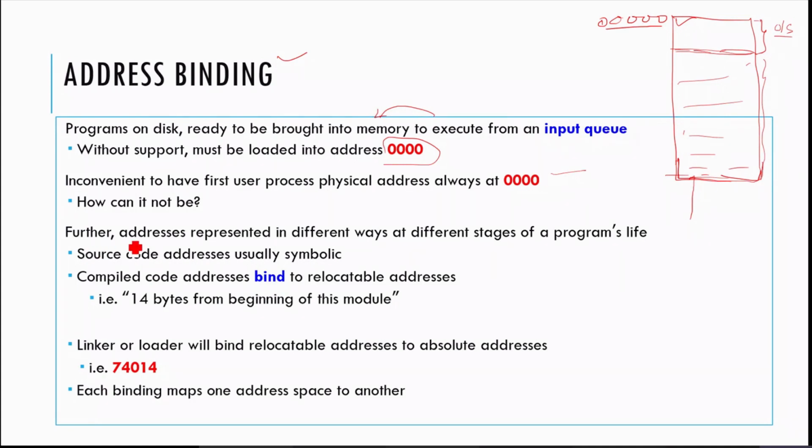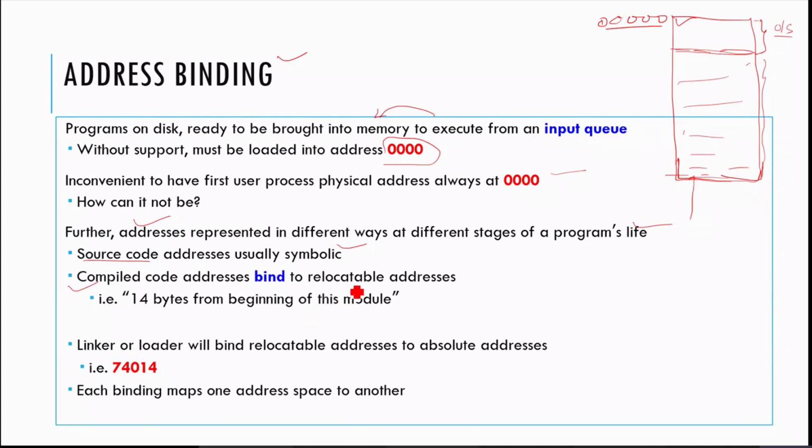So addresses are represented in different ways at different stages of a program's life. The source code addresses usually use symbolic addresses. If you are compiling the code, you will get some compiled code, and at that time you will bind some address.